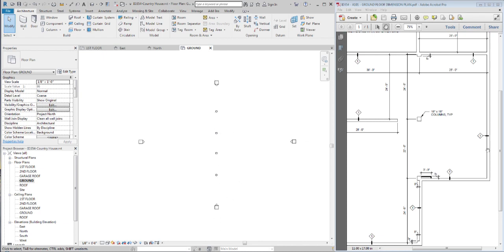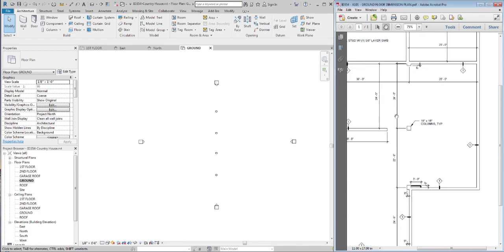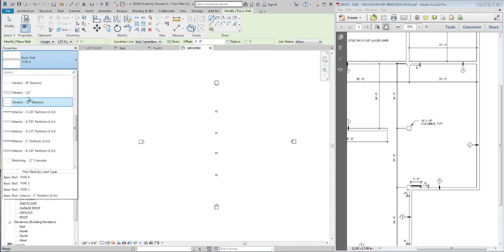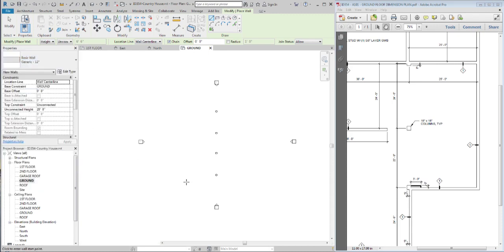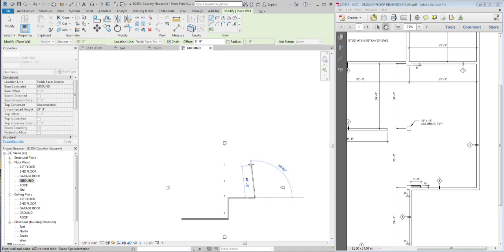And from here I will start building what I have on this floor plan. This should be fairly easy to you. Wall. Start with the generic 12-inch wall, and I'm going to pick finish face exterior. All I'm going to do is just come up with the generic shape. I'm not going for dimensions here at all. So something like this,